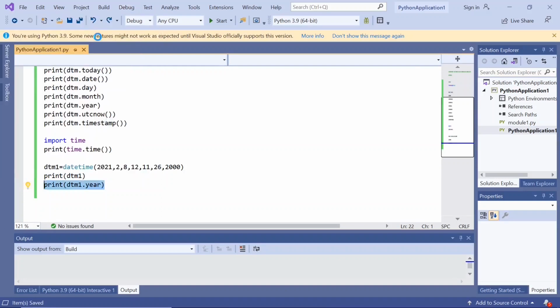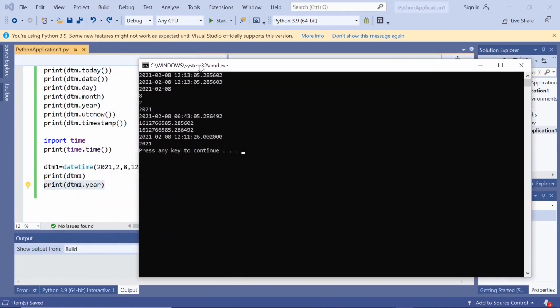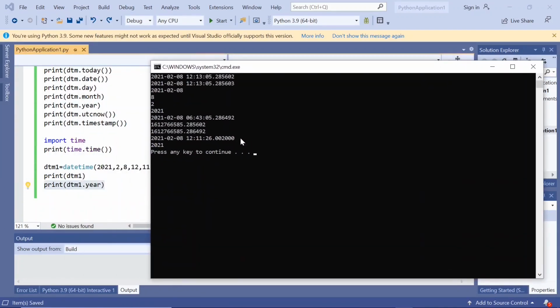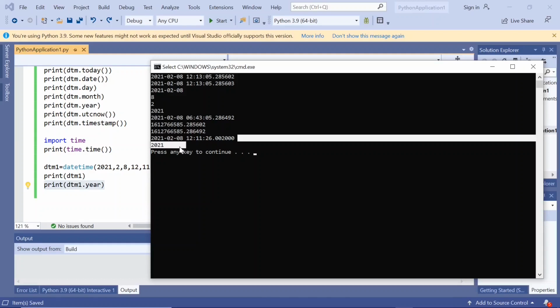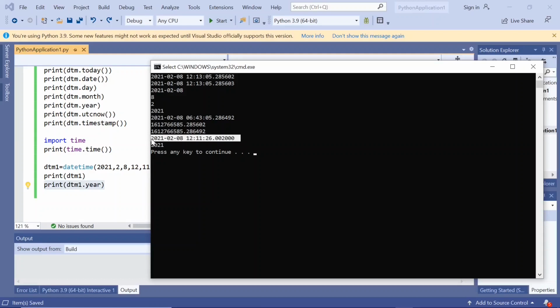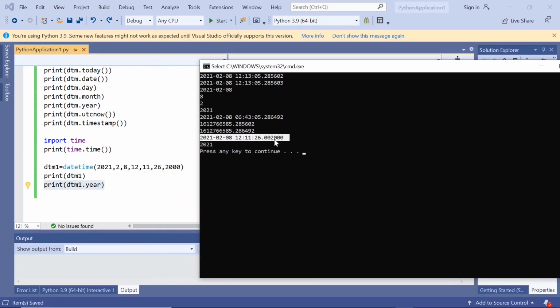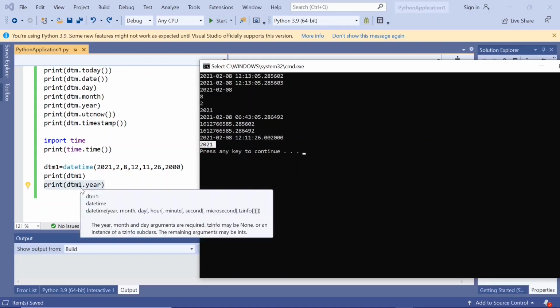Execute. So this is the one which we have built, 2021-02-08 12:11:26, and these are the microseconds, and this is the year we have printed here.